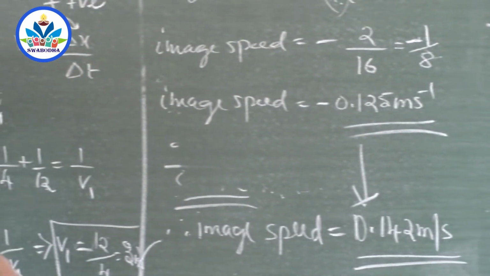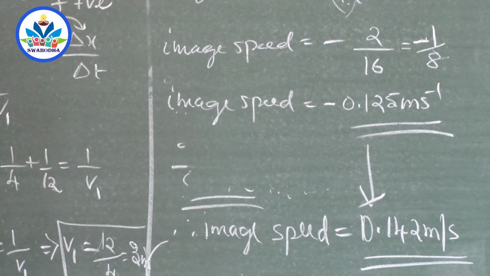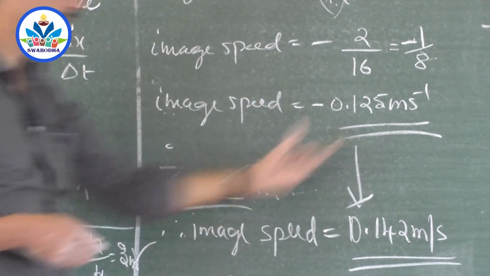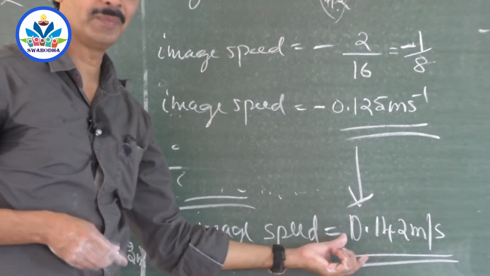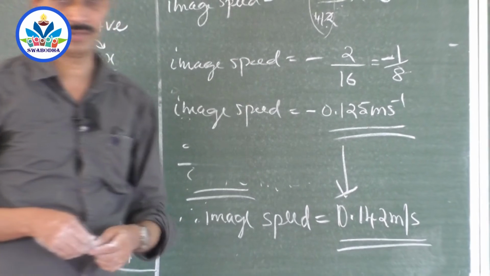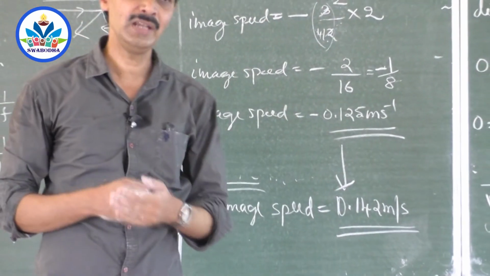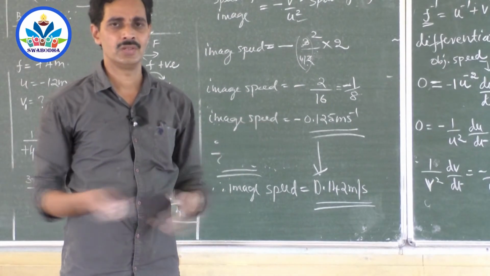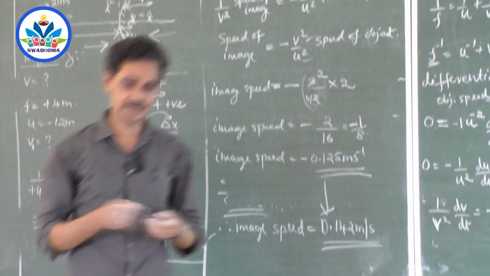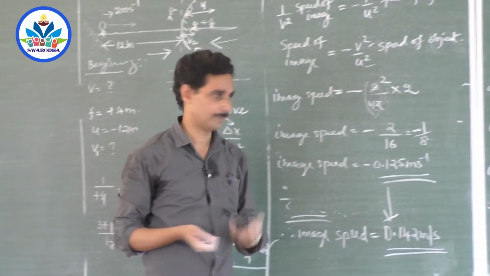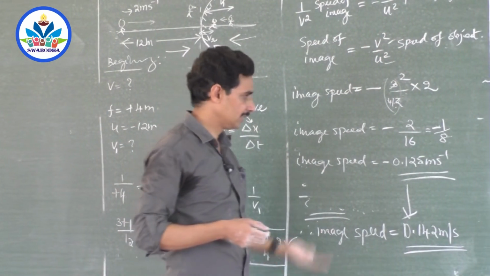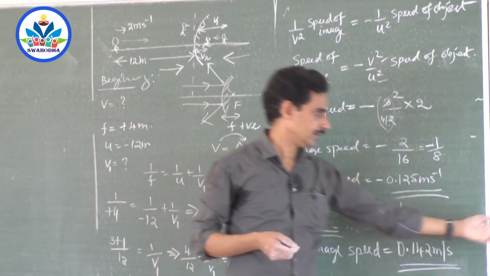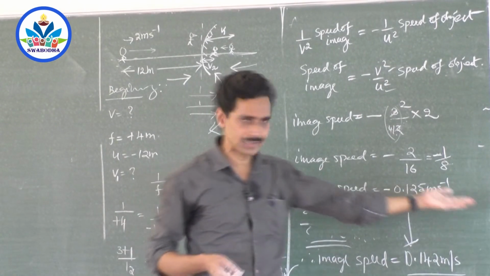But when you calculate after moving by 2 meters in 1 second, if you calculate it at 10 meters, definitely it would not be this one. It may be different. So this has given some average value of answer. This is most accurate. So velocity will not be the same. Only in plane mirror it is so, because object distances and image distances are same. So it doesn't matter whether you calculate it at some position or other position, velocity is same. But here it is not so. So this is a way of solving the problem. In the theory exam, the previous method is enough. Here you can, in entrance exam, or you can follow this also, no problem.